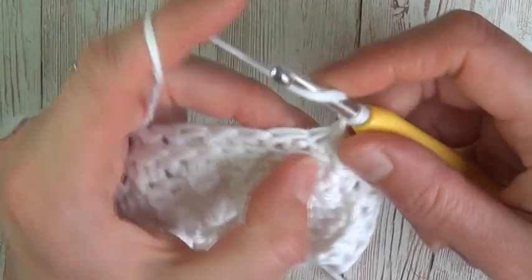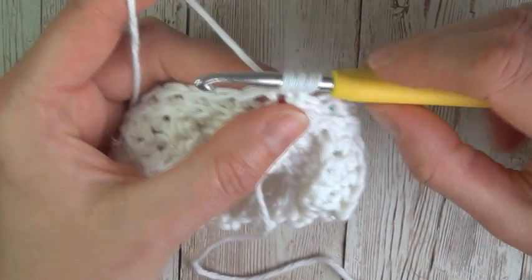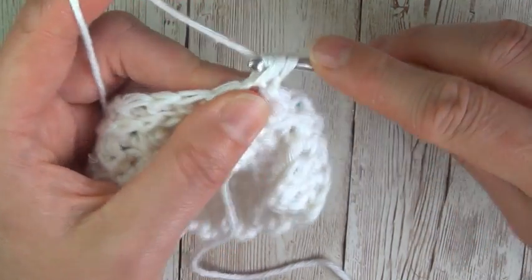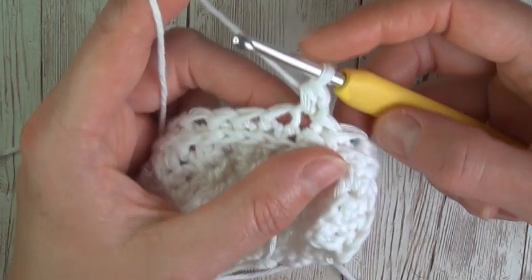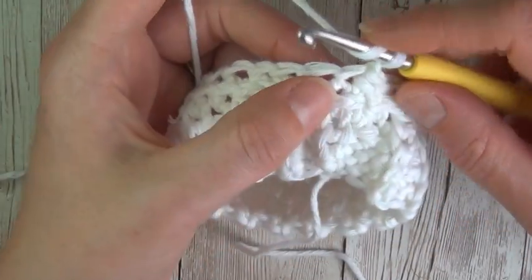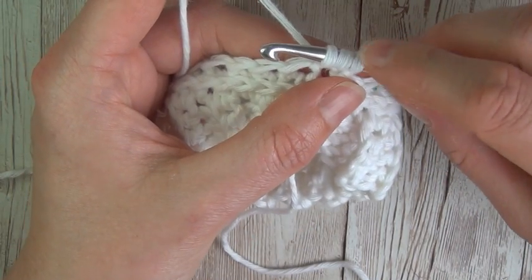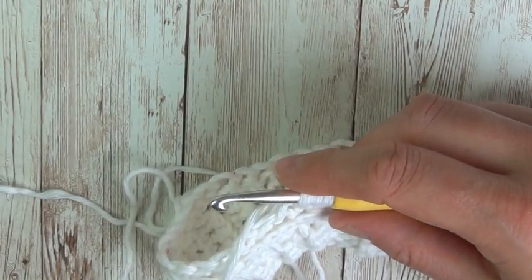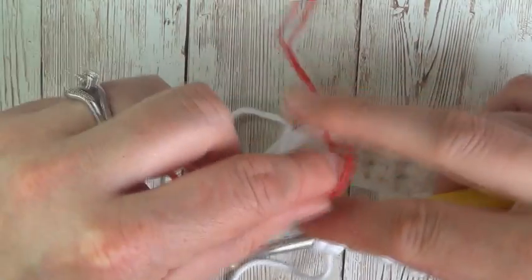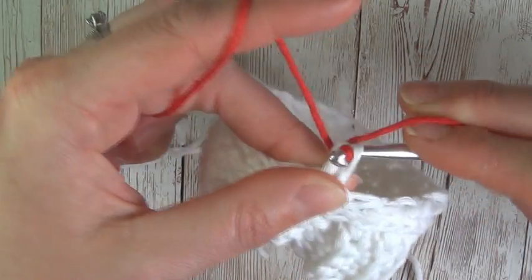So to start the round, however, we'll work our half double crochet. Now ordinarily, once you've got your 3 stitches on your hook, your 3 loops, sorry, you would wrap your yarn and pull through, but we're not going to be doing that for colour changing. So what we're going to do is wrap our yarn around our hook, insert it into the stitch, wrap our yarn and pull through. So we've got the 3 stitches on our hook, and then we're going to take the red, leaving a little bit of a tail. We're just going to hold it and finish the stitch in the red,